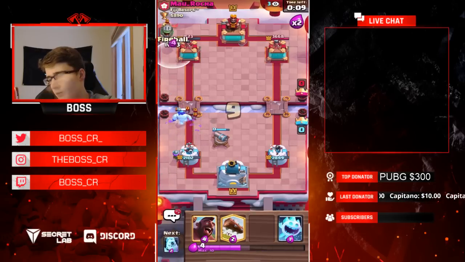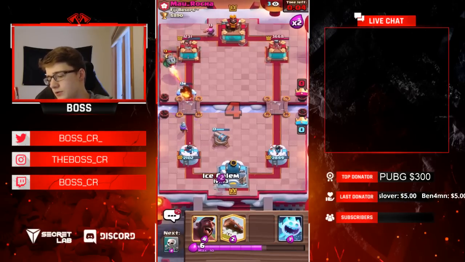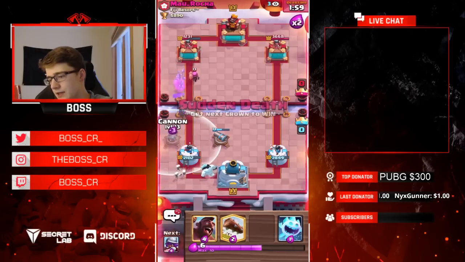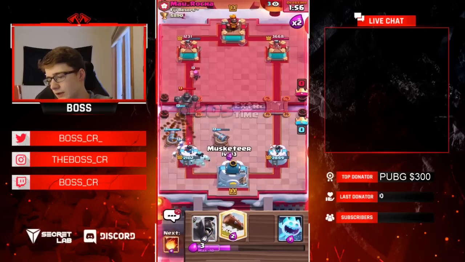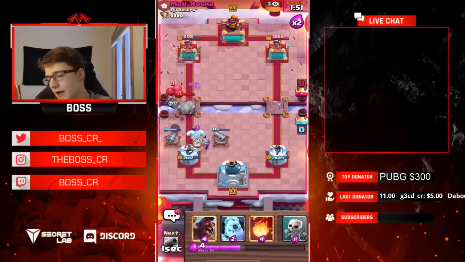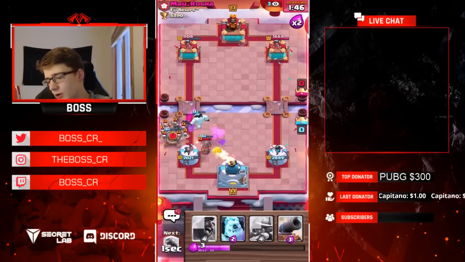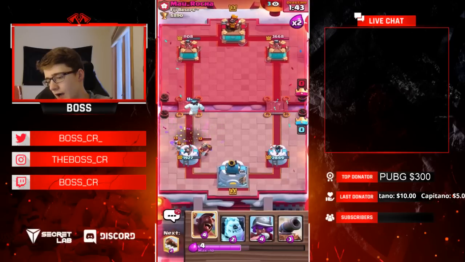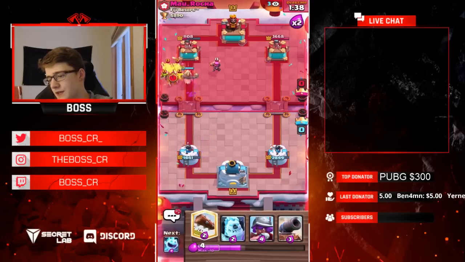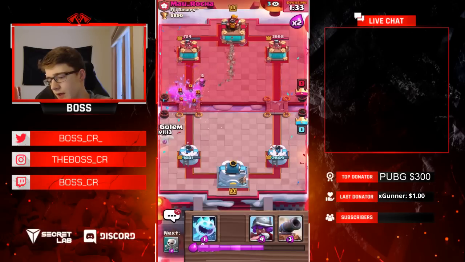Okay, I'm going to go for a Fireball and also push that Inferno Dragon forward. When they play something like that, you should just be able to Fireball it, to be honest, because it's pretty good value. You're hitting the tower and something that's 4 Elixir. You're not killing it, but it goes the same way as how you would normally Fireball or Rocket something that's 4 Elixir. I know you're not killing it, but it's still a good play, because